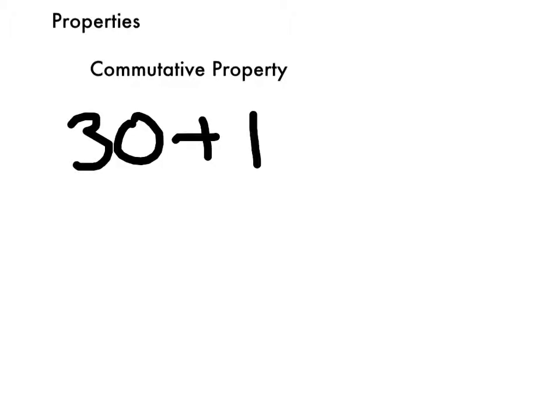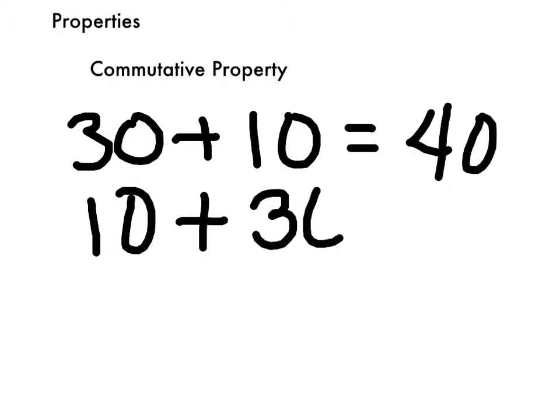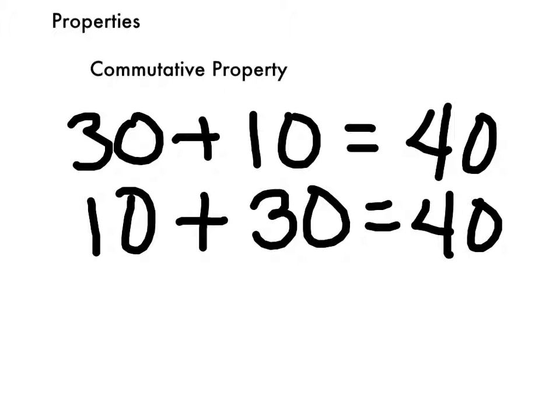So, for example, 30 plus 10 is the same as, 30 plus 10 is 40, right? Is the same as 10 plus 30. That equals 40. And that particular illustration is showing you the commutative property, that any two numbers can be added in any order and you still get the same answer. So the commutative property applies for addition and multiplication, because, for example, if we did 30